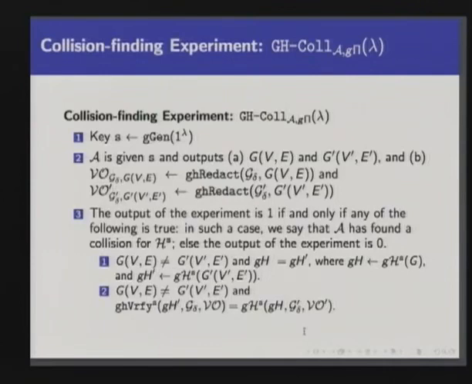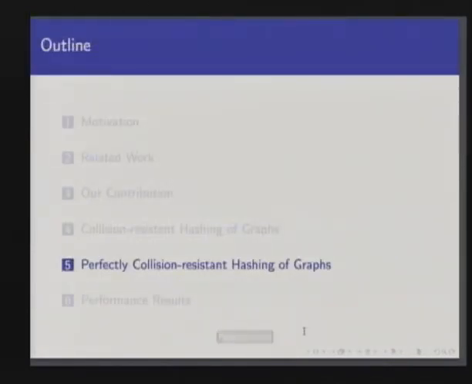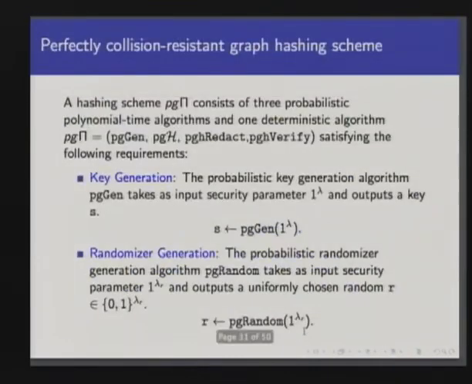So let me skip this Klein finding experiment, and let us move to this perfectly Klein resistant hashing of graphs. So what do we mean by perfectly Klein resistant hashing scheme for graphs? By perfectly, we actually mean that